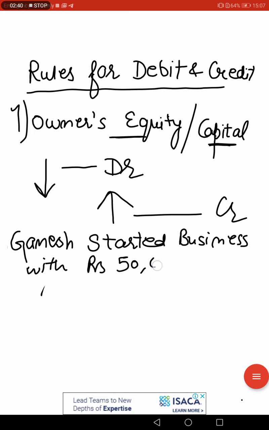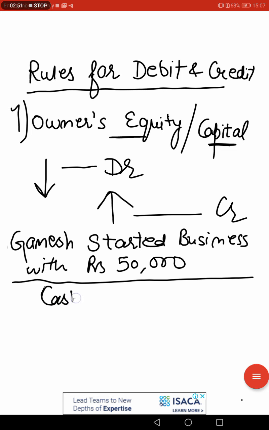It means he will bring 50,000 rupees in the form of cash into the company. As a result, it will increase the cash balance. Now cash is an asset, a current asset. Whenever there is an increase in the asset, what is the rule? We will